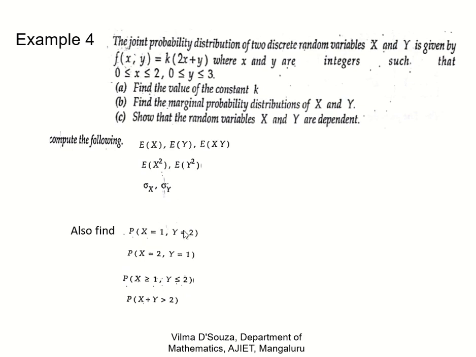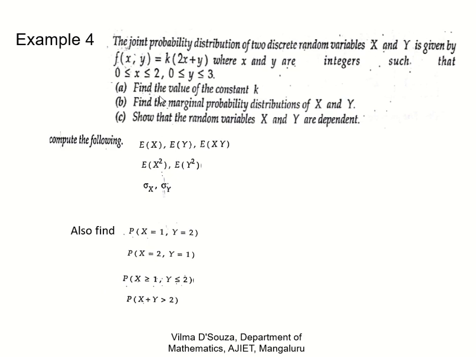The question seems a little lengthy, but this entire question will not be asked as a whole; it will be divided. Either they will ask only A, B, C, or the second part, or sometimes they will give the joint distribution and ask you to find the third part. Anyway, I have combined everything in one problem, so we will work it out together.